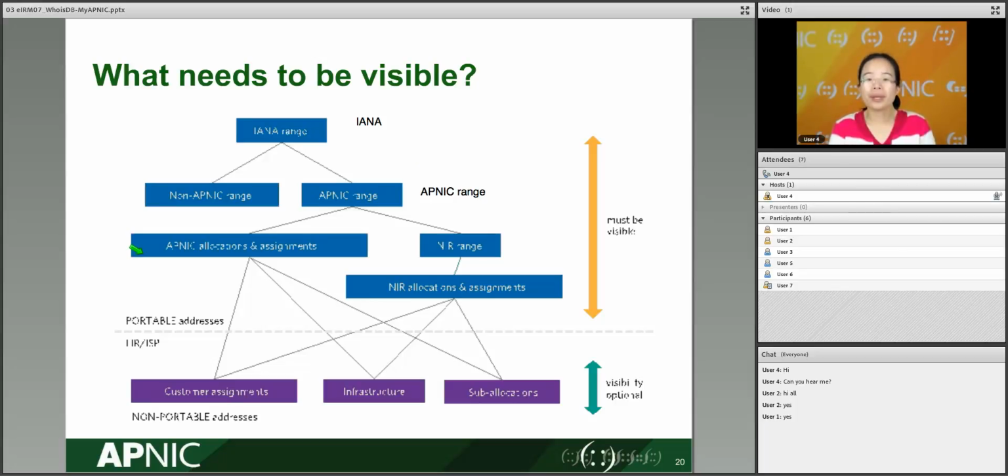This is one way. And maybe we will go to the NIR. For example, China, we have the CNNIC. And for Taiwan, we have the Taiwan NIC, and Japan, we have JPNIC, and for Indonesia, we have the IDNIC. So there are several NIRs in the APNIC region. So if we go to the NIR,